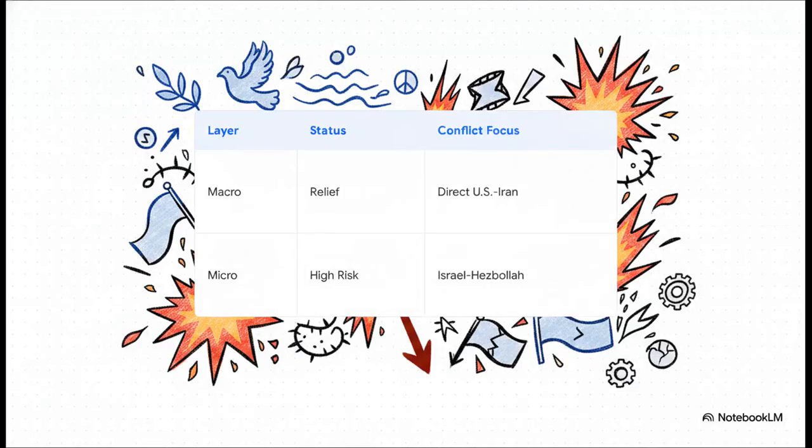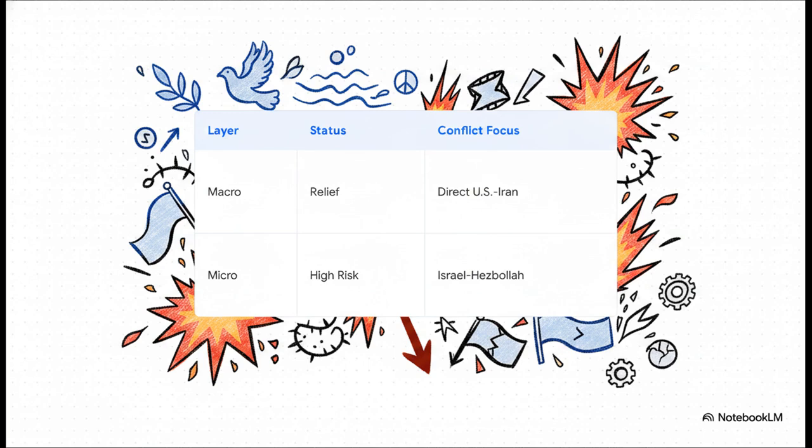Now, as an institutional strategist, I have to emphasize mapping these algorithmic workflows directly to the geopolitical layers driving the capital flows. This table perfectly organizes the dual-natured reality we're currently trading in. At the macro layer, the US-Iran Interim Peace Memorandum gives us a neutral macro score of 0. A bit of structural relief there.